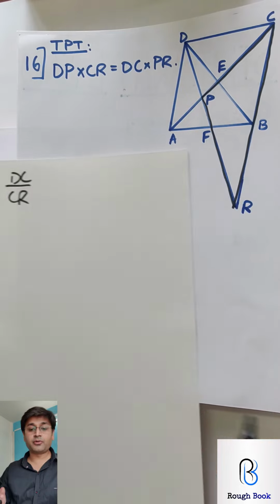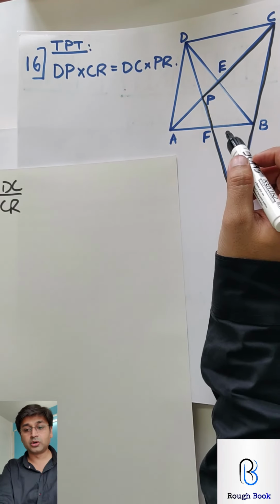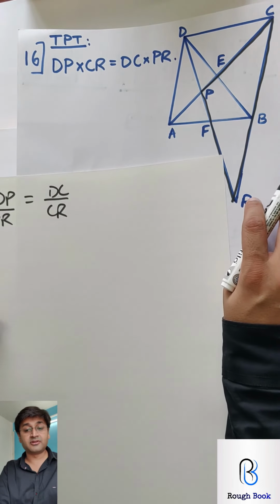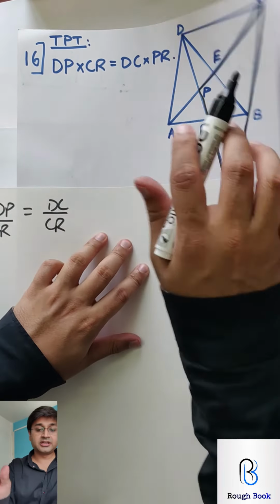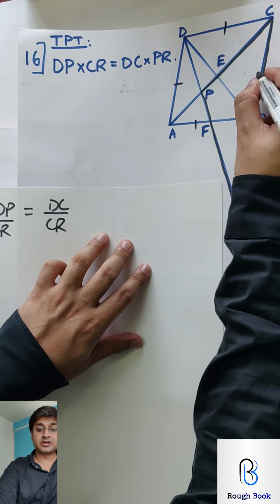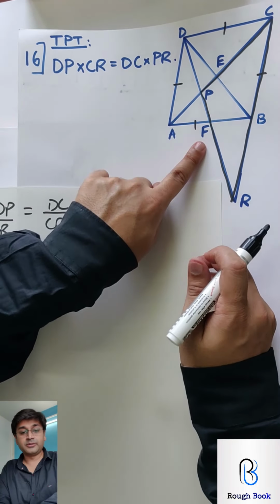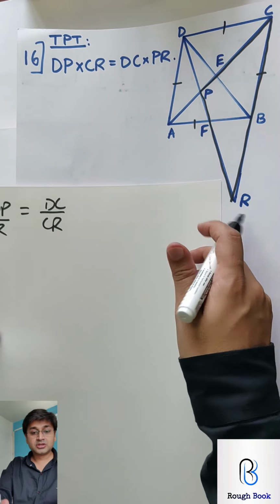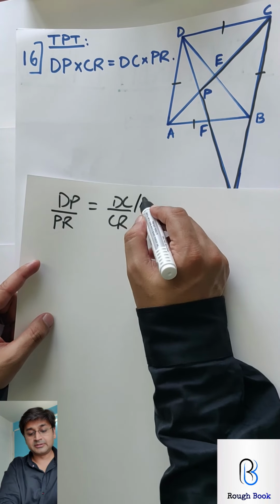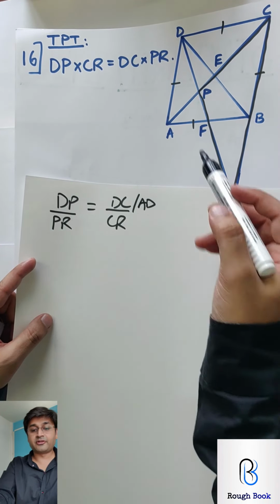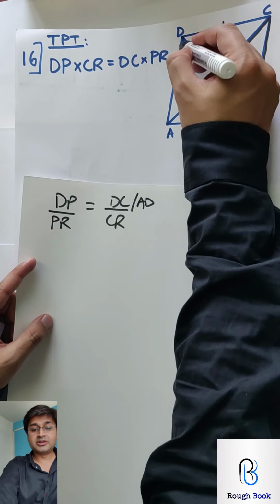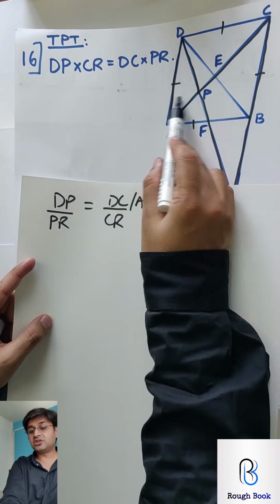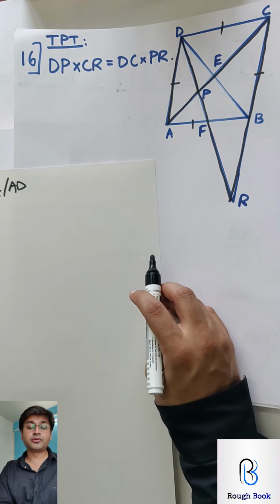But it is nearly impossible to prove these two similar because they don't look similar. So now think what can be done. Look at the question again. What other data is given which can help you? The major data they gave was ABCD is a rhombus. That means all sides are equal. So for this DC, can I use AD? If I use AD instead of DC, then DP and AD should be from one triangle. Can you see this triangle right over here in black which I am drawing now? If I take these two triangles, then there is a chance to prove them similar.